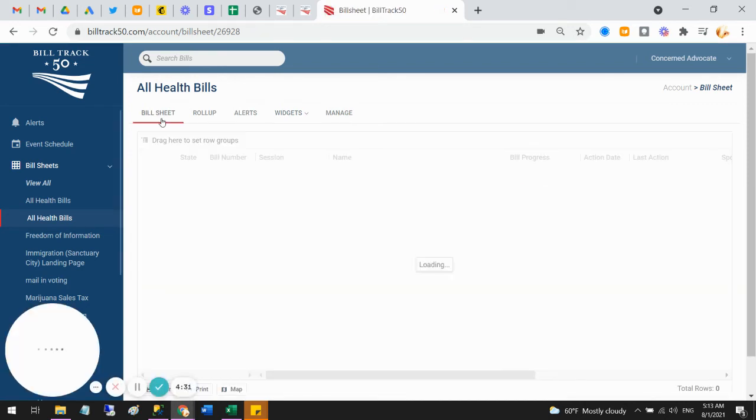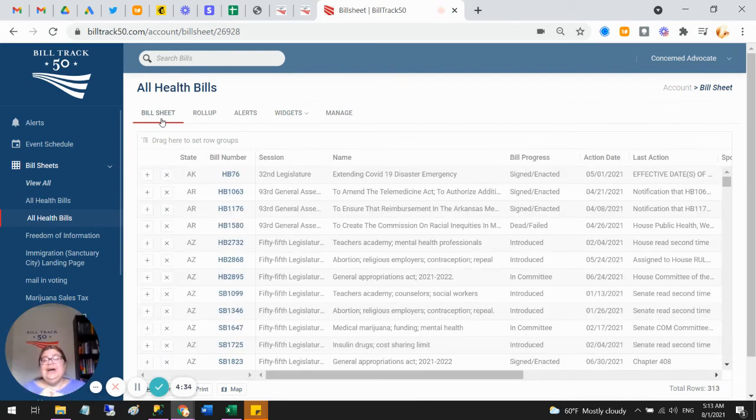So the other kind of detail information, we run the update overnight. Obviously we run the update and create the sheet as soon as you say save. And then we're not going to update it again with new bills until we do our overnight update before we send out the alerts. So any changes you make to a bill sheet while you're still working on it during the day will not be reflected in the roll-up. So as you're entering data, or if you are messing with one of the underlying bill sheets and say, well, what happened last year and this year, it won't screw up the roll-up